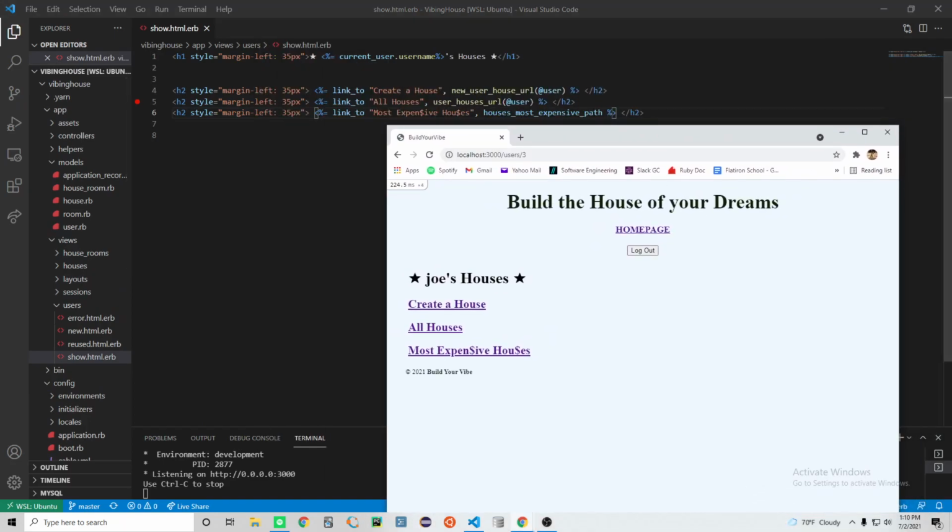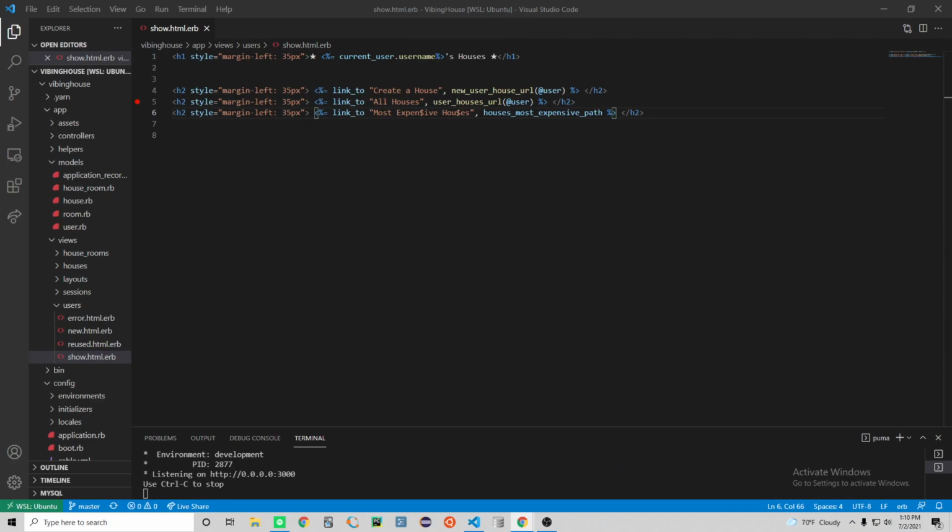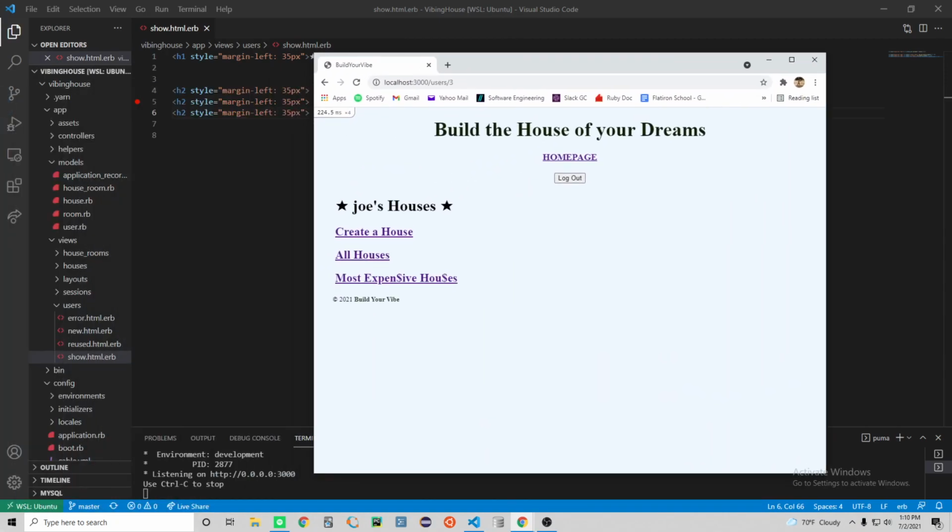So you see what they see, well, what I see in my application, the user sees in the server. What I wanted the user to be able to do from here is to create a house, and I didn't want a house to be able to be created without a user signing in. If you see on the bottom left of this server screen, that the localhost